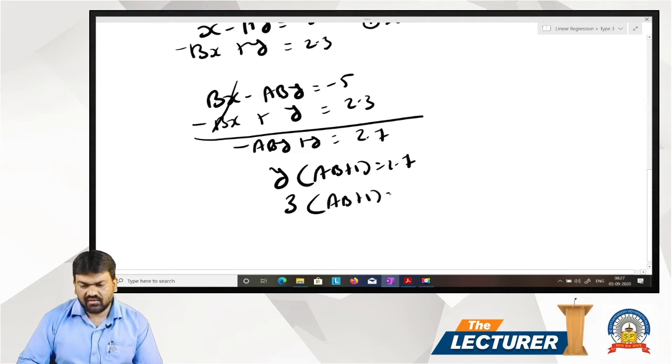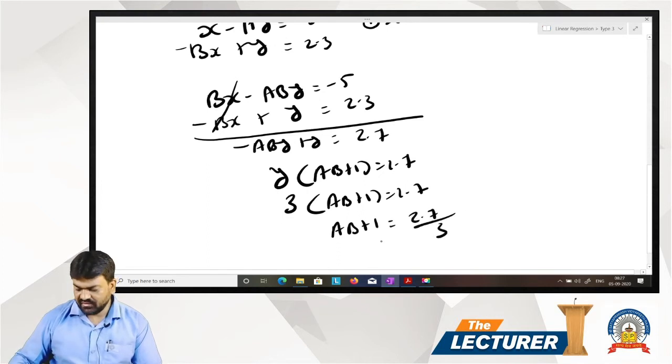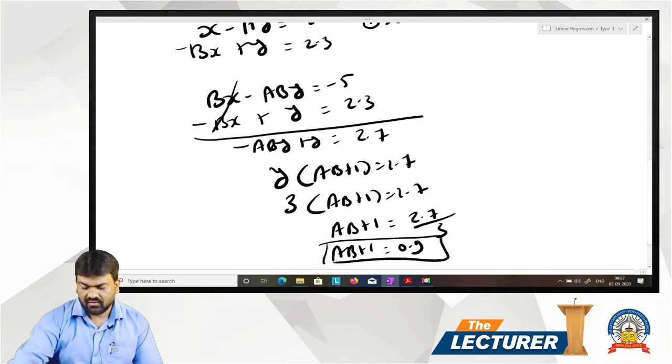AB plus 1 is equal to 2.7. AB plus 1 is equal to 2.7 divided by 3. AB plus 1 is equal to 0.9. Okay, now